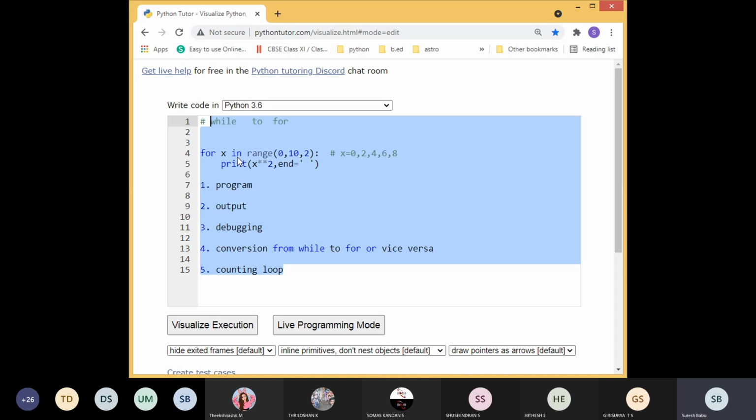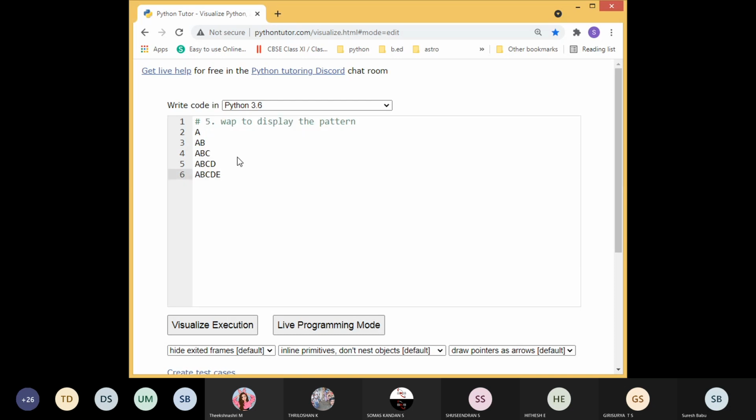Yes. So this is the pattern. Now we are going to print the pattern. Anyone tell me, students, how to solve this one? First time it should print A, second time AB, third time ABC, like this.